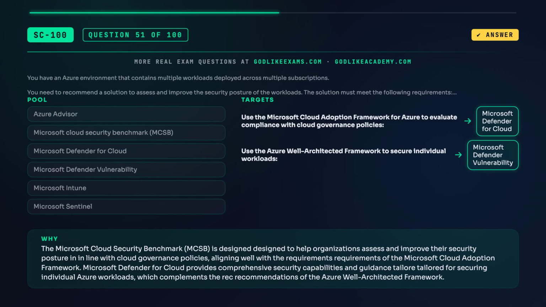Use the Microsoft Cloud Adoption Framework for Azure to evaluate compliance with cloud governance policies matches Microsoft Defender for Cloud. Use the Azure Well-Architected Framework to secure individual workloads matches Microsoft Defender Vulnerability. The Microsoft Cloud Security Benchmark, MCSB, is designed to help organizations assess and improve their security